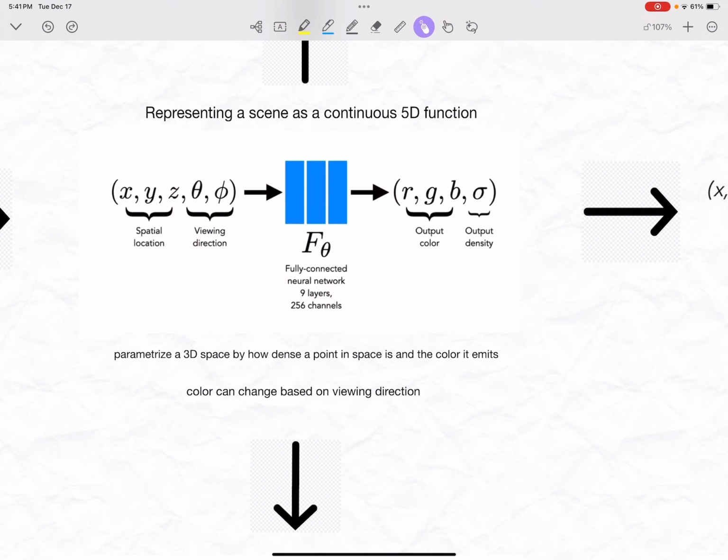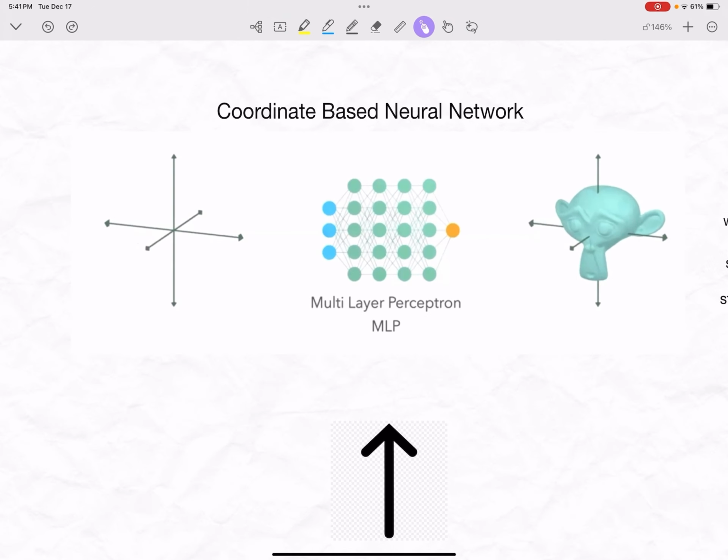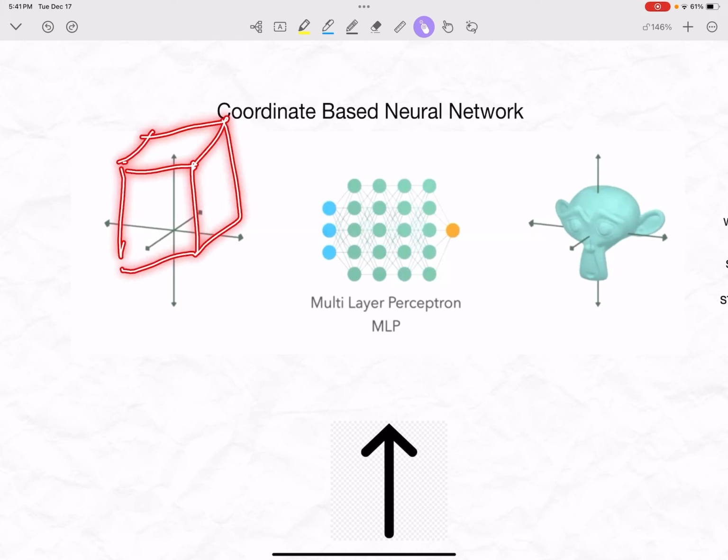One important concept just to talk about is the implicit representations. Let's say we're trying to model the shape of the head of a monkey, as you see here. For every point in space, we want to know, are we inside the shape, the object here, or the head, or are we outside? So a coordinate-based neural network is one where we feed in, let's say you have a 3D space right here, and for every point of that space, you want to know, are you inside the head or outside the